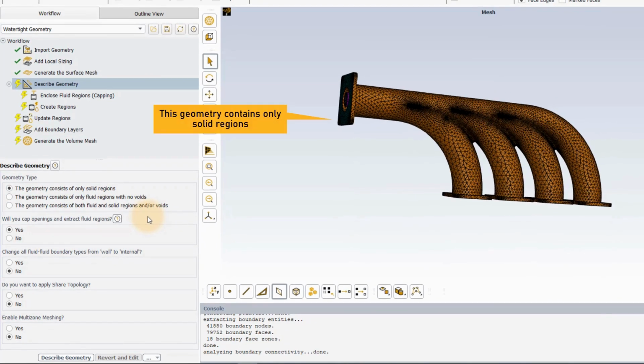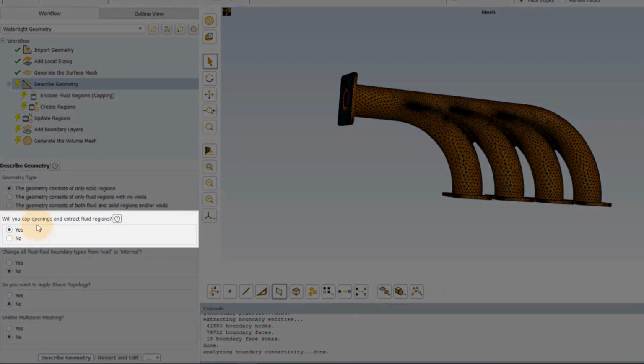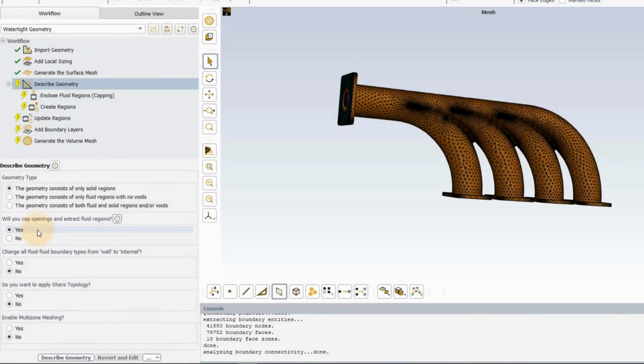Here, since the geometry contains only the solid domain, we are required to extract the fluid region. For cap openings and extract fluid regions, we will select yes. Note that after selecting yes, the Enclose Fluid Regions task gets added to the workflow, which we will discuss a